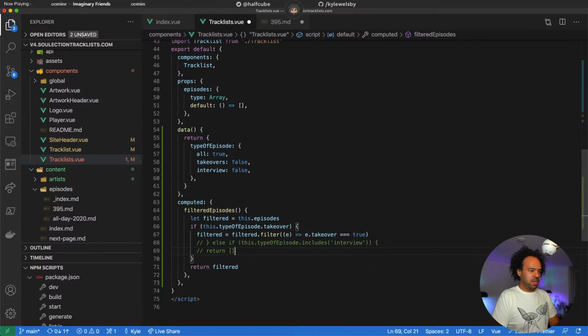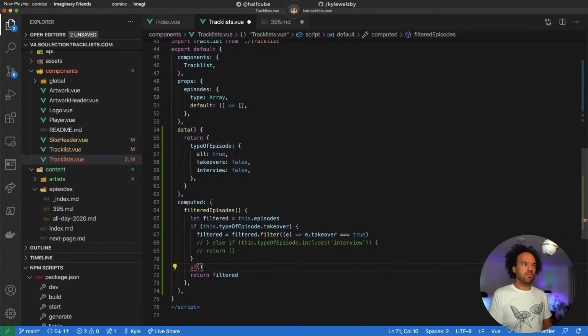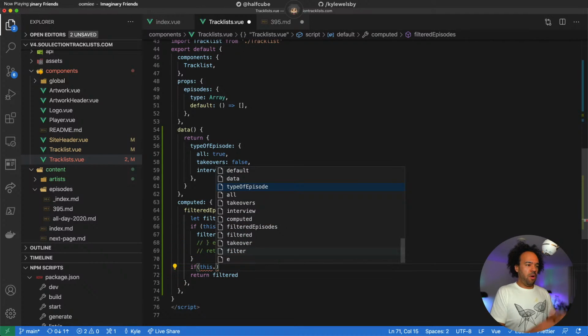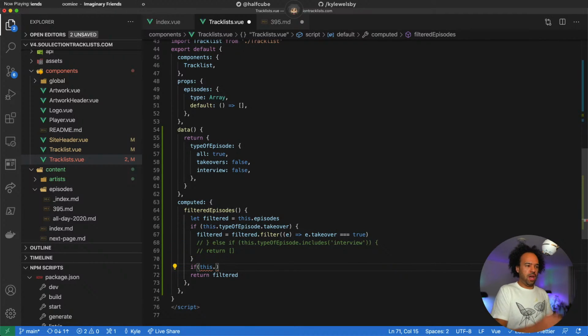Otherwise, we don't need to do any of that. So if it contains takeover, we can do that. And we don't necessarily need to do the if else, because we want to compound them together. So from previous filtration, if we add on another filter, we should be able to filter that down.